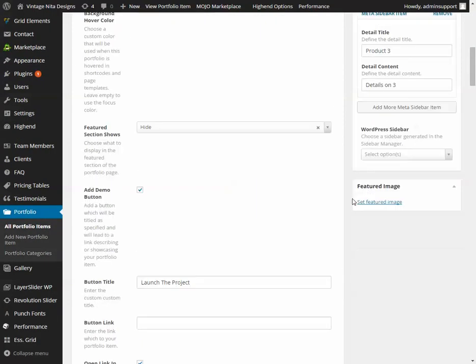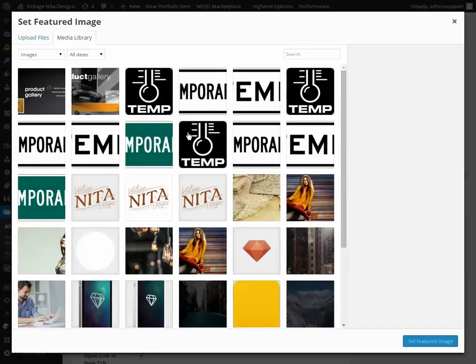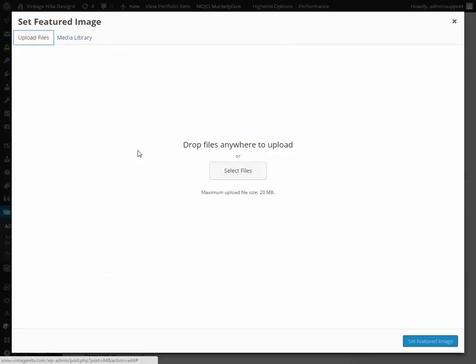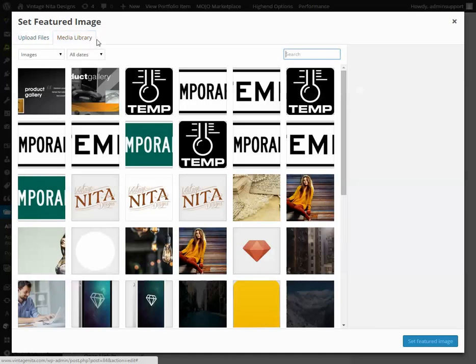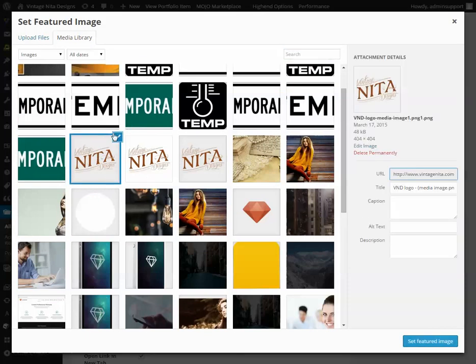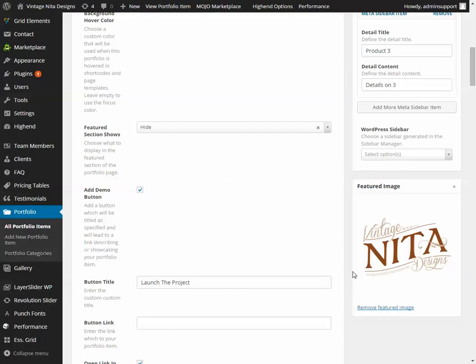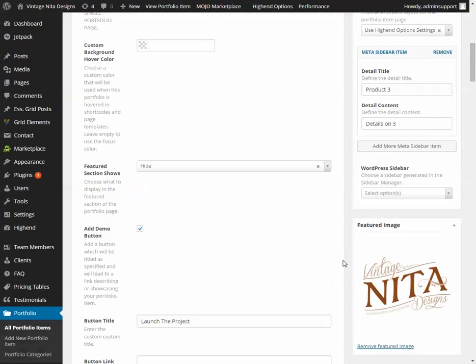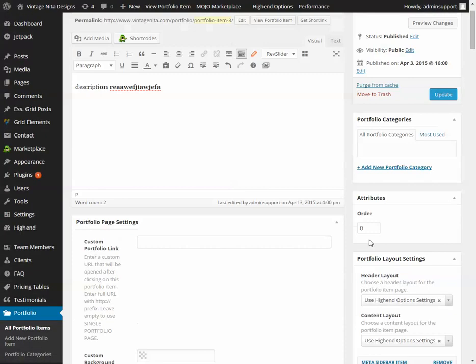And if you scroll down over to the bottom right, there's featured image. Click set featured image. Then it will ask you to either upload a file from your computer, or if you've already uploaded it before, you can just select it here. So you'll pick any one particular image that you want to show as the preview, the thumbnail for this. Click set featured image, and that's all you have to do. Now this portfolio item, this card, will show this on the home page after we update. So I'll click update, wait for it to finish,